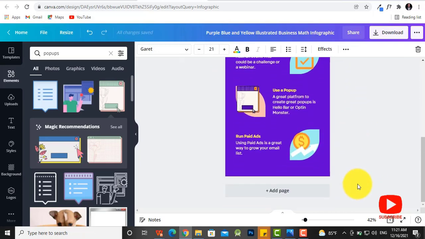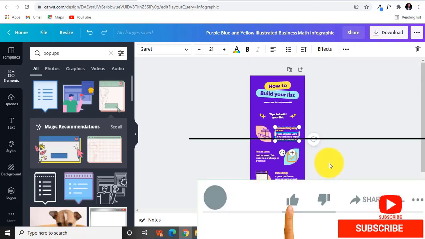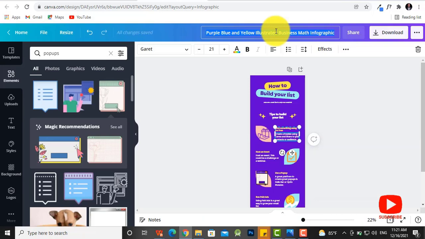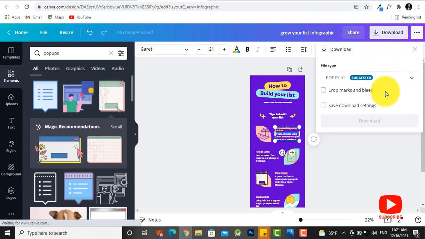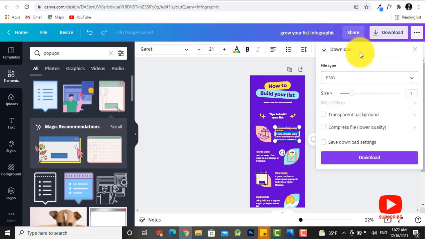infographic looks like. If I scale it down, yep. So now the next thing we need to do is probably change the name of this to grow your list infographic. Yeah, and download. Okay, I want to go for PNG, and